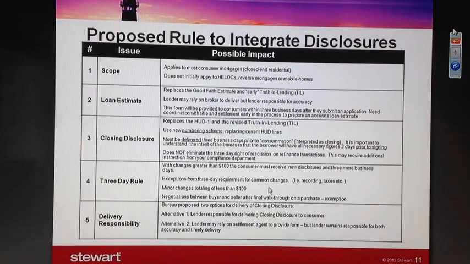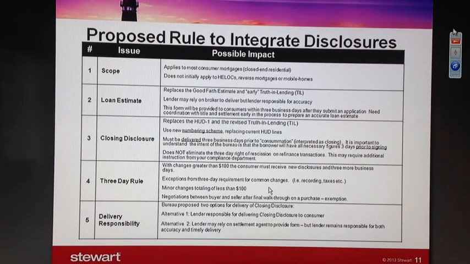On number 3, the new HUD statement, the new closing disclosure form, has to now be delivered 3 days prior to consummation. And consummation is interpreted as closing, or in some cases, I suppose you could interpret that as signing of the documents. And the important takeaway point there is that it's the intent of the Bureau currently to give consumers 3 business days with that document before they can close their transaction. And I'm going to try and head off a question that is always asked, and the question is, can they waive the 3-day requirement? And the current answer is no, you cannot waive the 3-day requirement.